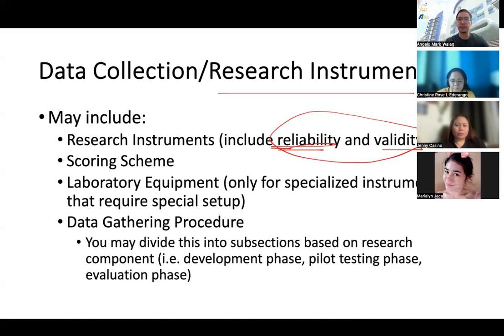For example, you're doing interviews. After doing interviews, you did transcribing. After transcribing, you did coding and then developed the themes. And from that, how did you ensure that those were really authentic? In some qualitative references, they would do member checking. What's member checking? You go back to your participants and you ask them if this is what they really meant. These are the themes that you have generated, and are these what you meant in your answers? So we call that member checking, and that's very important to ensure authenticity in the qualitative design.